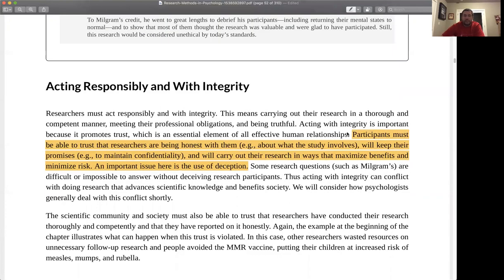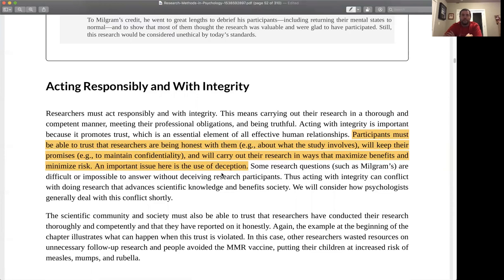Acting responsibly and with integrity, participants must be able to trust that researchers are being honest with them, will keep their promises, and will carry out their research in ways that maximize benefits and minimize risk. An important issue here is the use of deception. So absolutely, if participants are